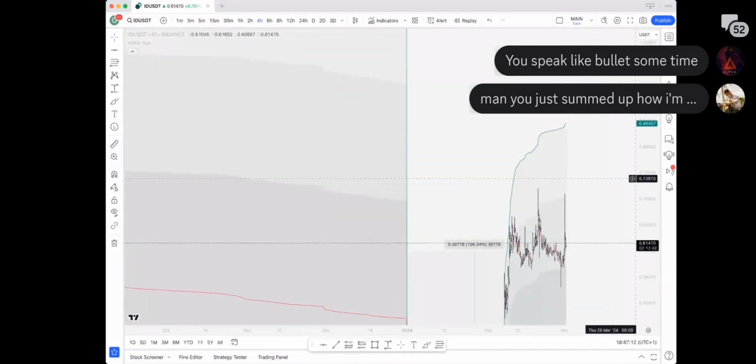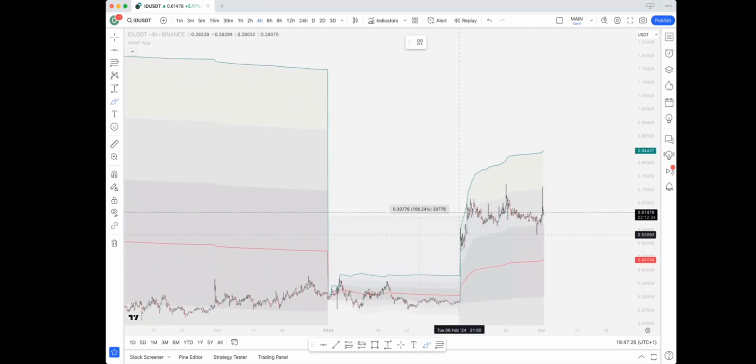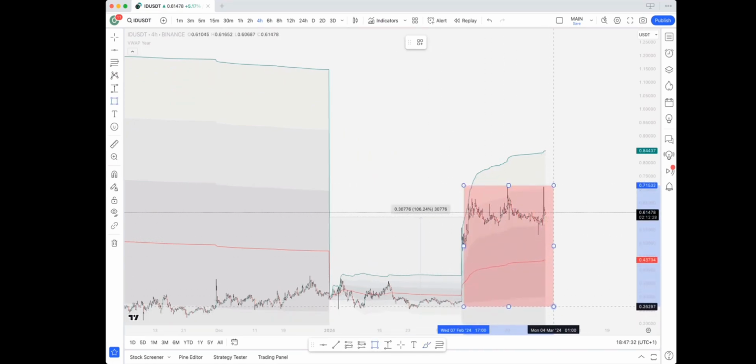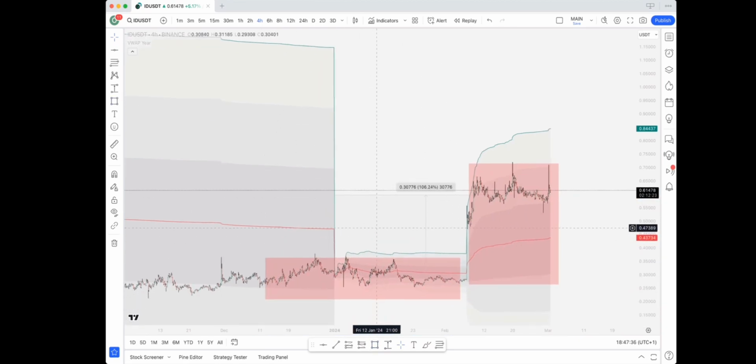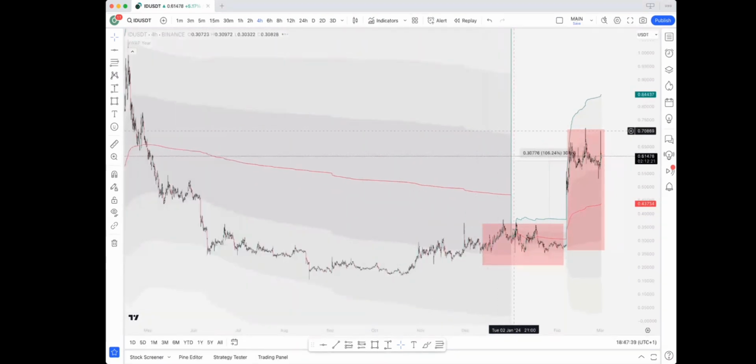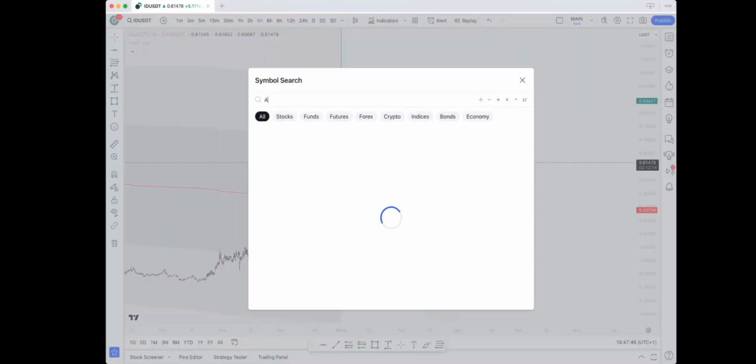VWAP obviously skyrocketed here. So in this case, instead of using the yearly anchor VWAP, because this incurred a huge fundamental change, ID is a different coin here than it was here, completely different. And therefore, using the previous levels might not be the wisest. So in cases where you see a huge fundamental shift, for example, in APT or in Arkham,